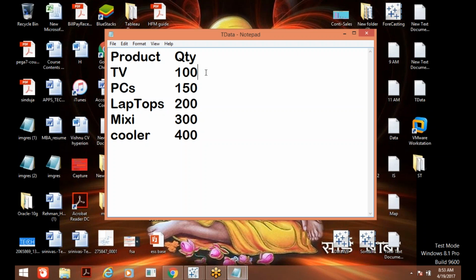TV is just 100 now. I am maintaining this one as 175. Maybe stock has come in, 75 increased. And laptops, some 45 are sold. That means 155 is there. Two changes. And